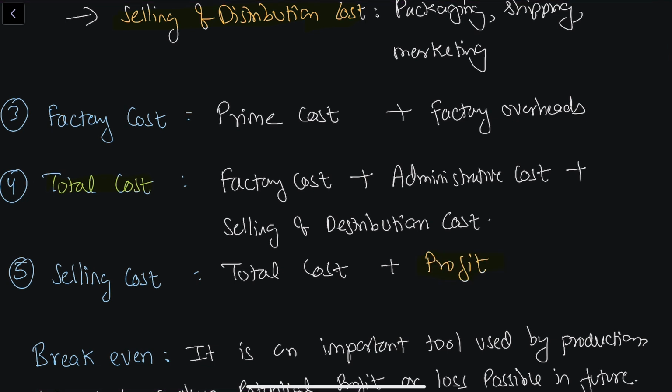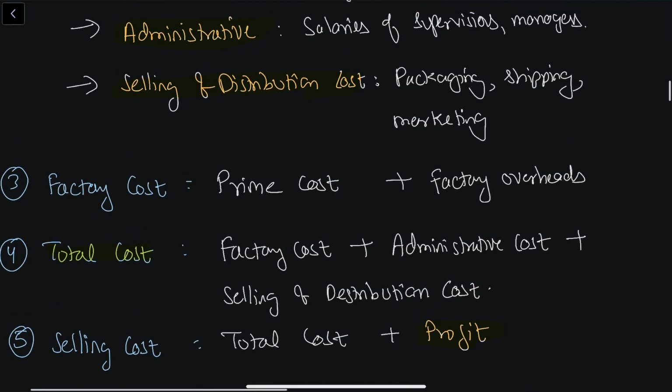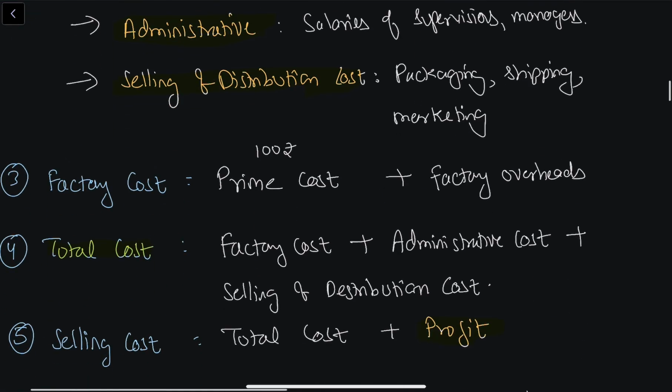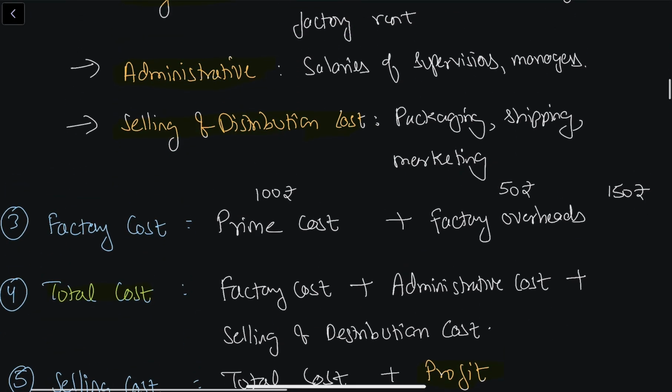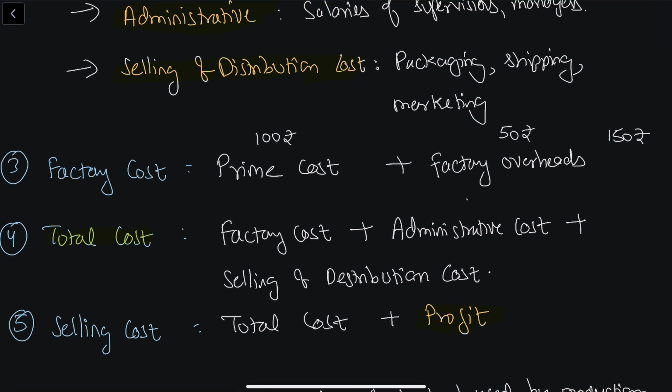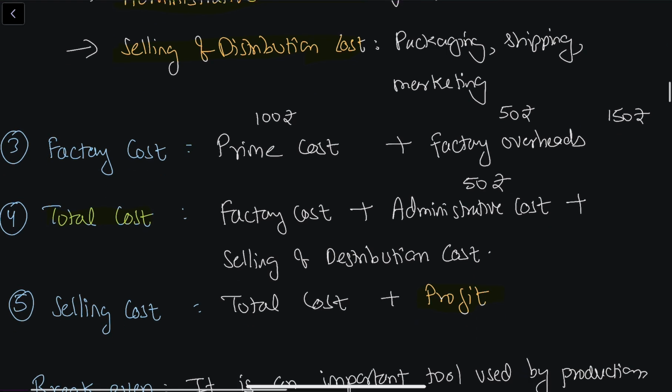Let's suppose, for example, my direct cost is 100 rupees for making one cell phone, and my factory overheads, meaning machine maintenance, electricity, I'm paying 50 rupees. So my factory cost is nothing but 150 rupees. Now I need to understand my total cost. Let's suppose I'm paying a supervisor's salary of 50 rupees, and my selling and distribution cost is 25 rupees. So my total cost will be 150 plus 50, which is 200, and 225 rupees,